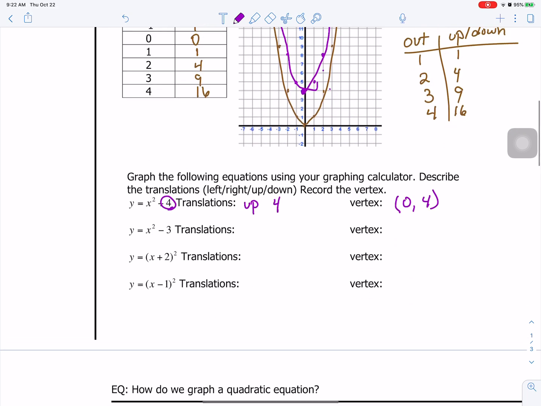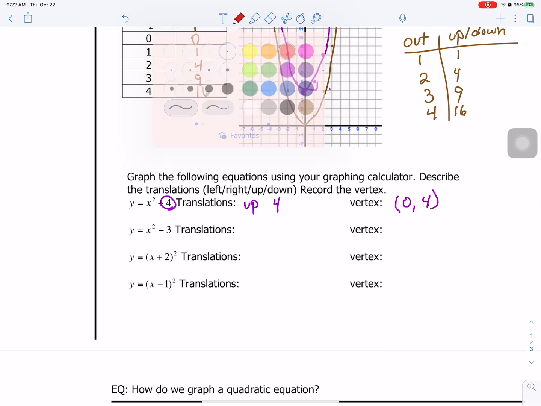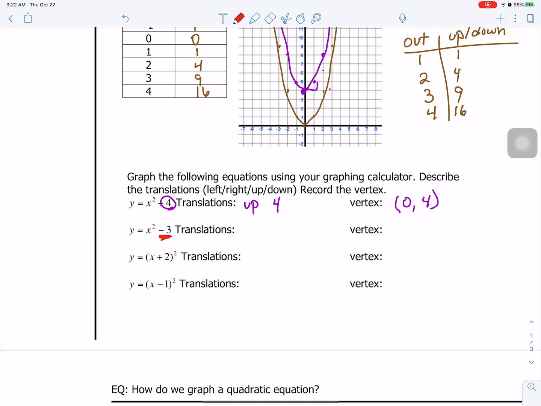Ignore that weird little mark. The next one, and I'm not going to graph all of them, I just wanted to graph that one. This minus 3 from our patterns piece last time should move our whole graph down 3. The shape of the graph doesn't change, I'm just moving it, and my new vertex is